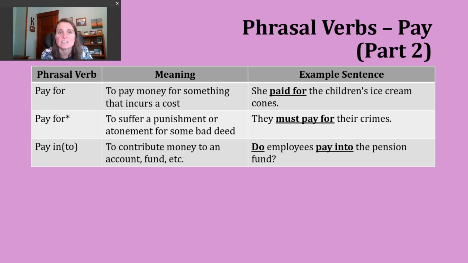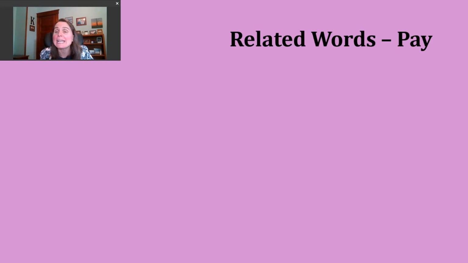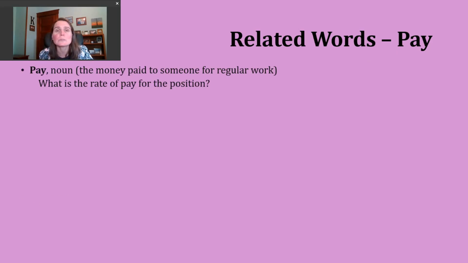So here someone's maybe asking a question about the process or how something works. Pension would be money set aside to pay someone after they have retired. We're kind of questioning how that works. Maybe the company is the only one paying into this fund, but sometimes both employers and employees are both paying into it. Okay.